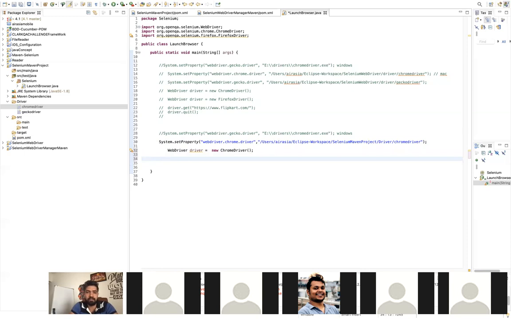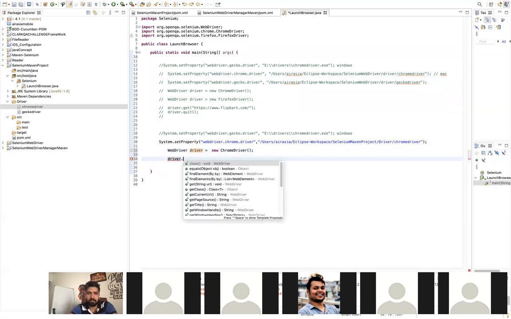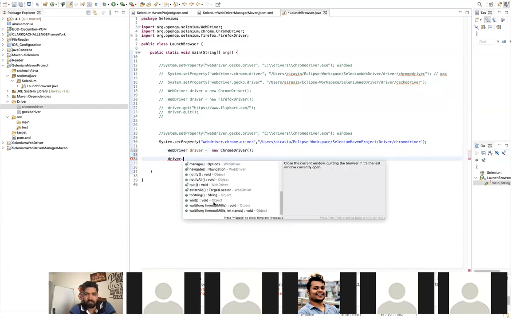After launching the browser, the first thing definitely you are going to do is search for a URL, right? Let's say you are going to test the Flipkart application or any application in your project, there will definitely be a URL, right? So the next step will be I have to access the URL. With the help of this driver, you can access all methods present inside this Selenium WebDriver. Once you write this driver dot, you can see all the methods are coming automatically, correct?